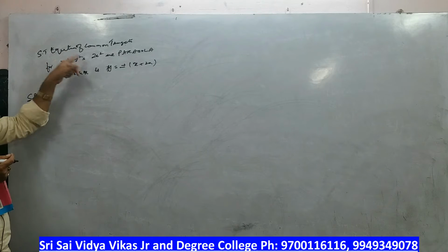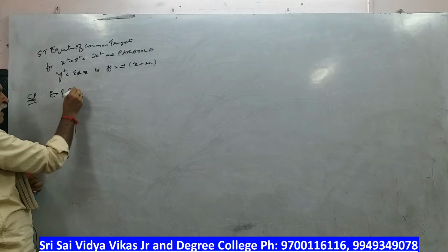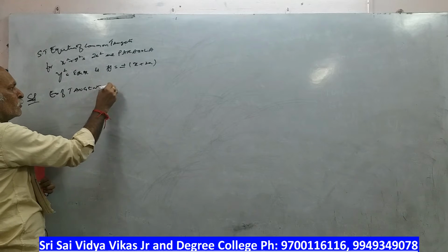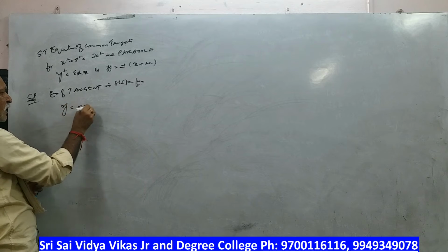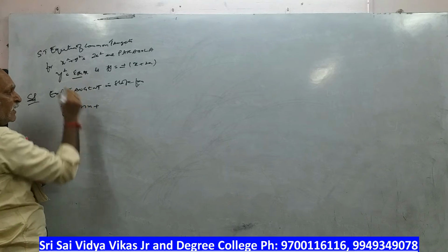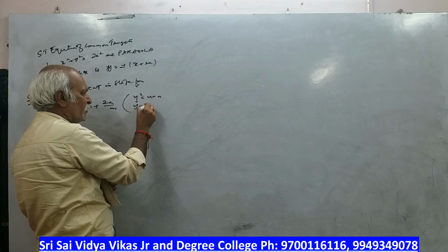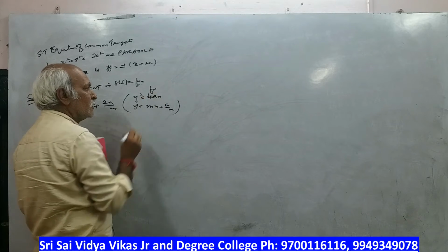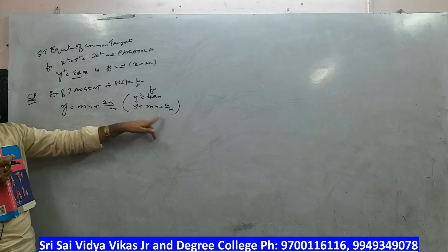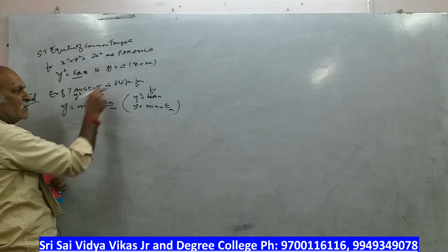So what is the question? Show that the equation of the common tangents for the circle x squared plus y squared is equal to 2a squared and the parabola y squared is equal to 8ax. Now we are writing the equation of tangents in slope form. y is equal to mx plus a by m, but here it is 8a, so it becomes 2a by m. See, if you take y squared is equal to 4ax, our equation is y is equal to mx plus a by m. What is the equation? mx plus a by m. But what is the parabola? For slope form, for y squared is equal to 8ax, it means a is doubled, so it becomes 2a.